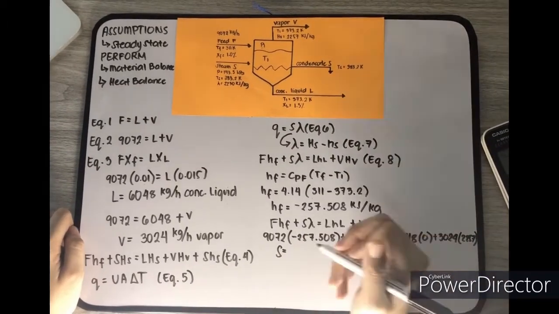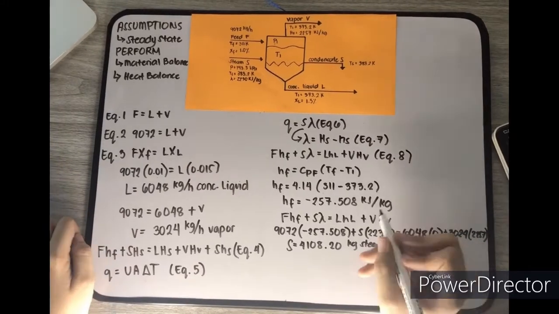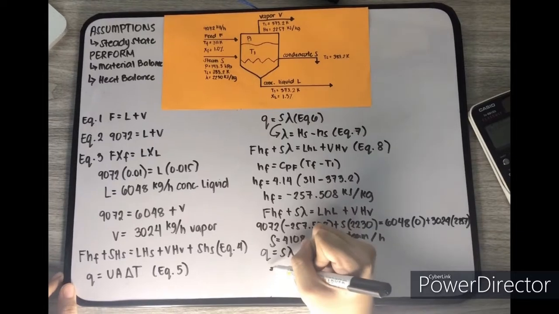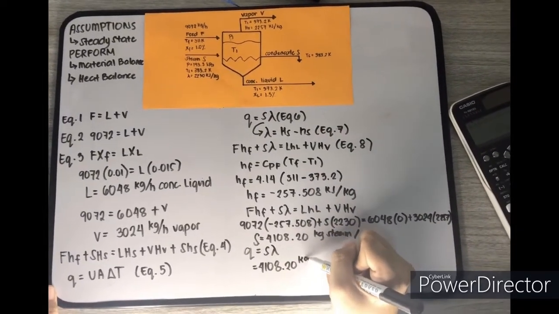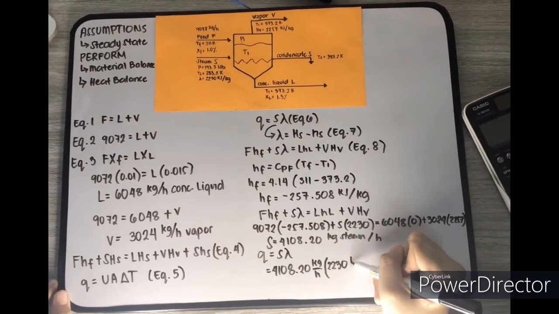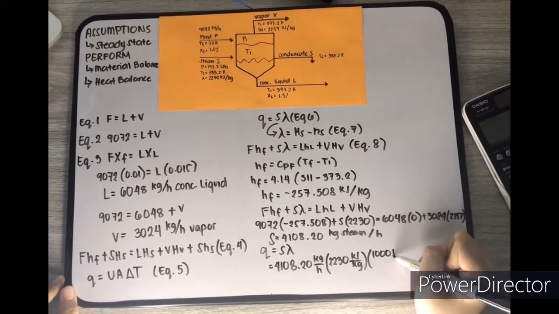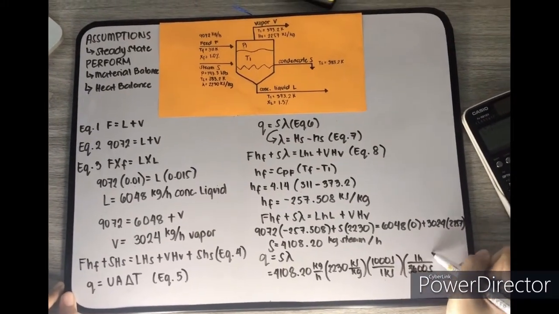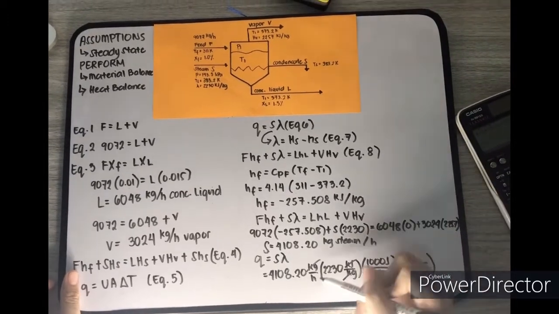This will result to 4,108.20 kilograms steam per hour. Using this value, we can now solve for the heat transfer through the heating surface. Q is equal to S times latent heat, in which 4,108.20 kg per hour times 2,230 kilojoules per kilogram times 1,000 joules divided by 1 kilojoule times 1 hour divided by 3,600 seconds. You may now cancel kilogram, kilojoules, and then the hour,